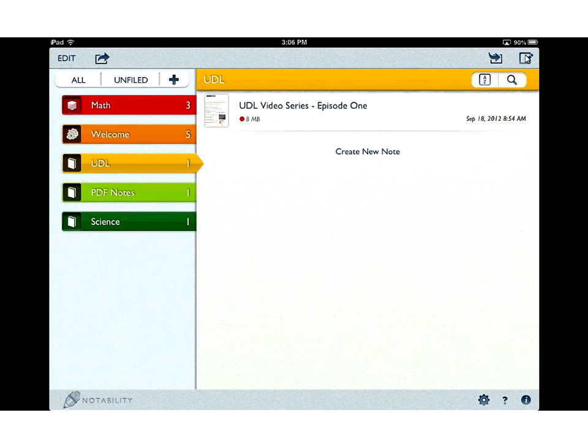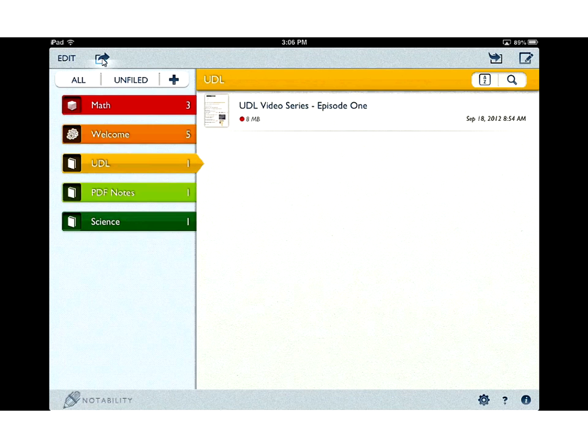Now what's cool about this too is we can import and export notes from Dropbox. So having a Dropbox account is really important for using this particular tool. The reason being, we can transfer things in and out. We can transfer PDFs in and out of here to take notes on. So this button lets us export out of here. If I tap on that button, you'll see